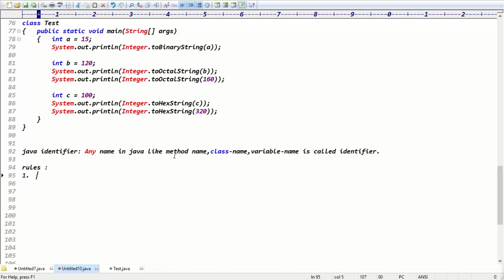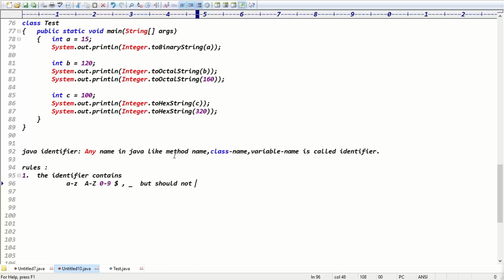Rule one: the identifier contains small a to z, capital A to Z, 0 to 9, and underscore and dollar are allowed, but it should not start with a number.